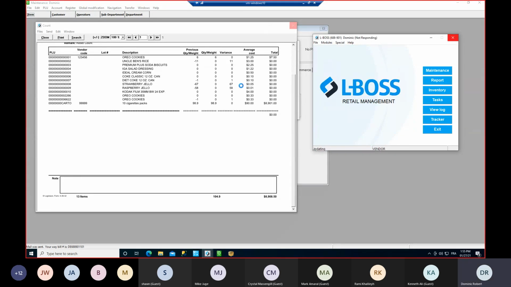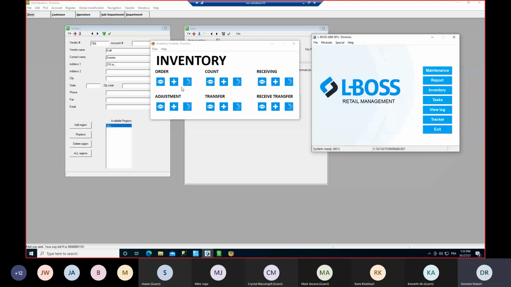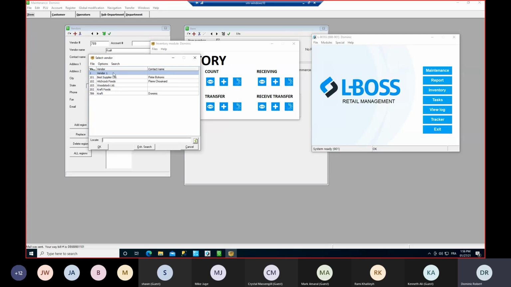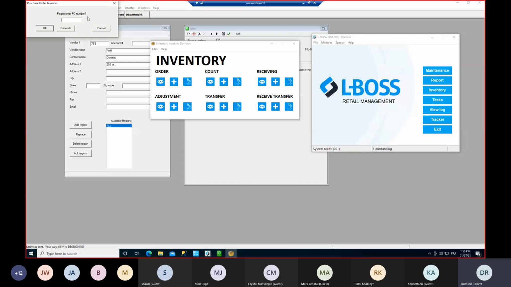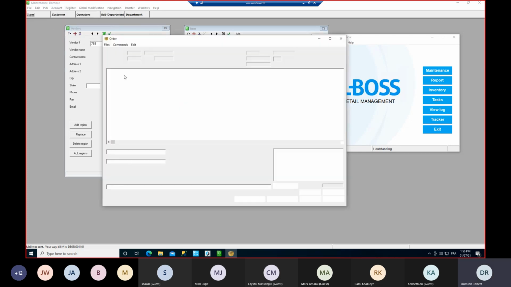So I'll go to order and receiving. The logic behind order and receiving is very similar to what we have on count. So the plus again is to create a new order. We select our supplier, which is, well, I'll go with the one I created because I feel important. I can enter a PO number, or it can be generated automatically. And I can also type in whatever I want. If I go with the automatic one,